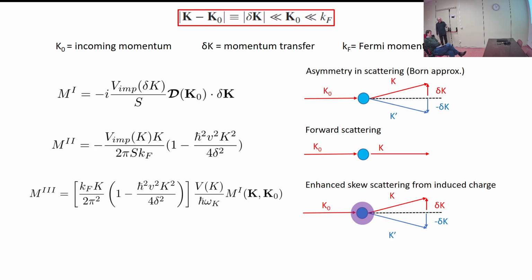The last part, it turns out, is an enhancement of the skew scattering. What we find is this is also coming from the induced charge in the ground state. It's proportional to this Born approximation piece, but in the limit where the delta k gets very small, this coefficient can be much bigger than 1. And that's when the k gets small, not the delta k, but when the momentum itself gets small, then this coefficient can become bigger than 1 and actually dominate the scattering. And that's sort of interesting because